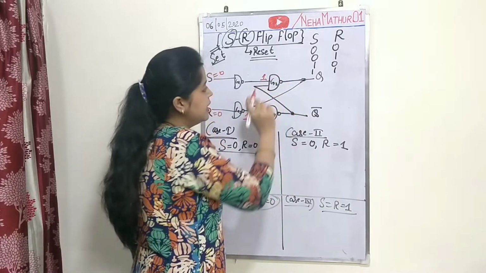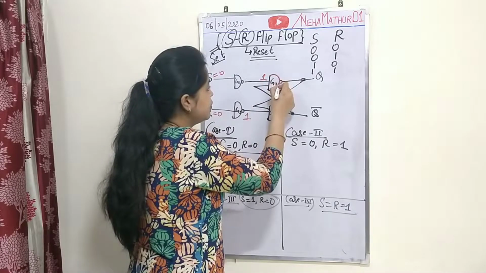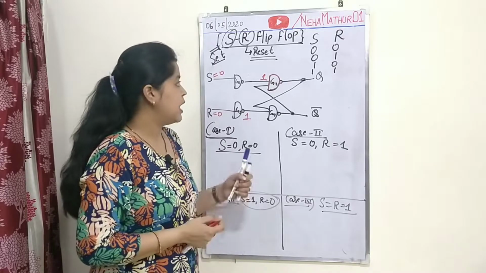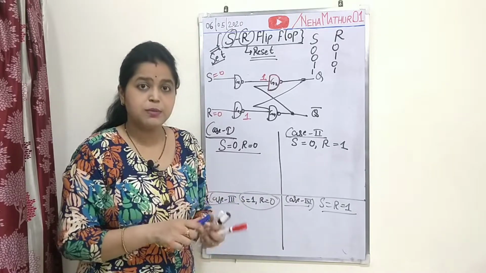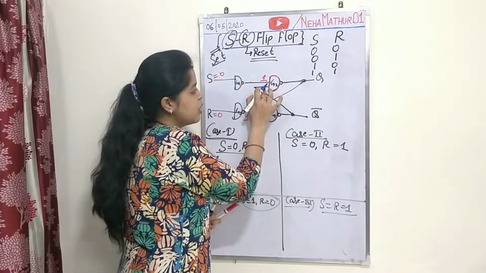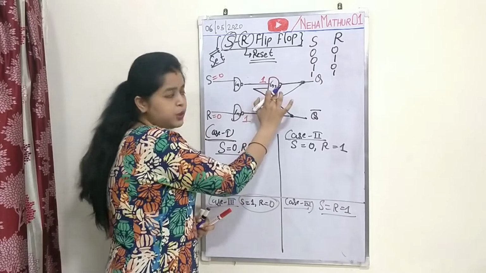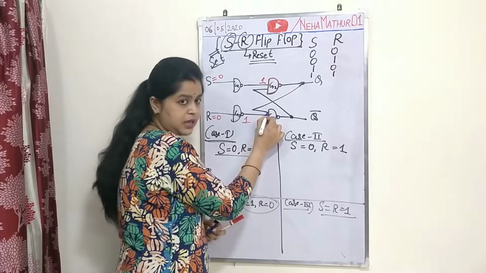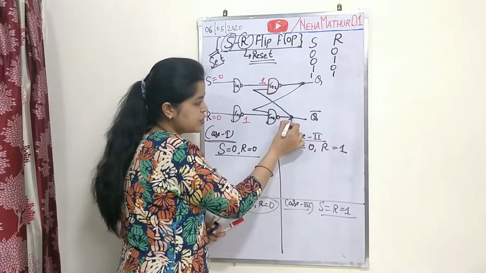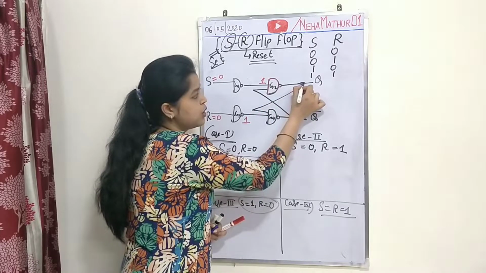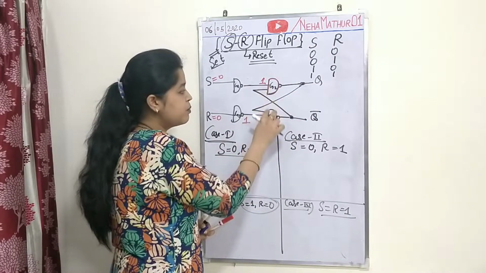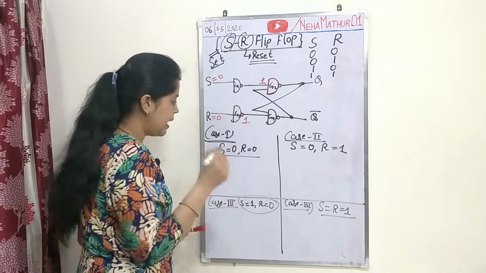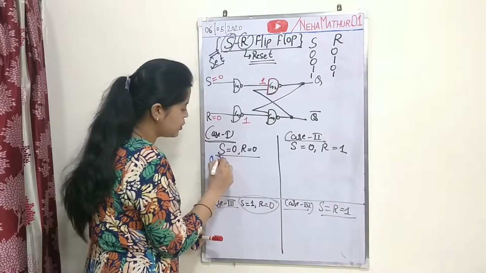Now, for the NAND gate working as an inverter over here, you cannot predict the output of G2 and G4 just because of the absence of the second input. Here for G2 the second input is missing. Similarly for the G4 gate the second input is missing, because this input is the output of G4. Similarly this input is the output of Q. So for the calculation of both these gates you will have to assume Q and Q bar initially, and initially I am considering Q is equal to 0.